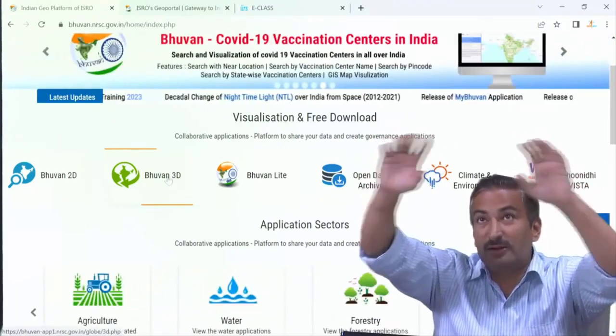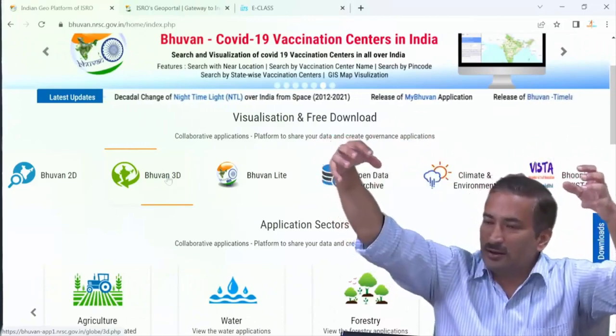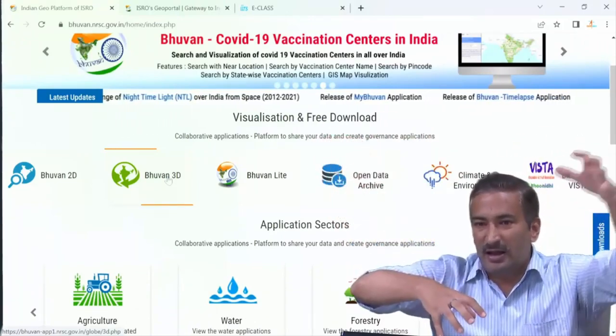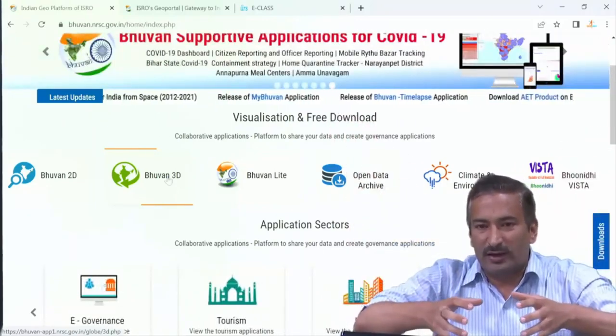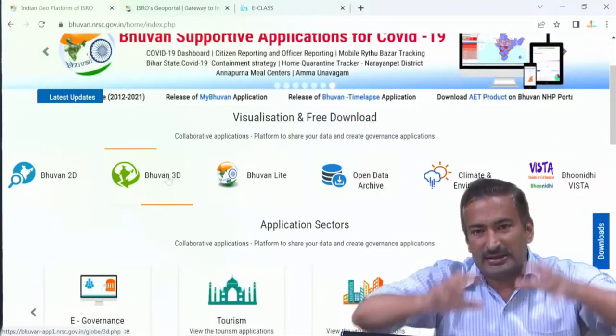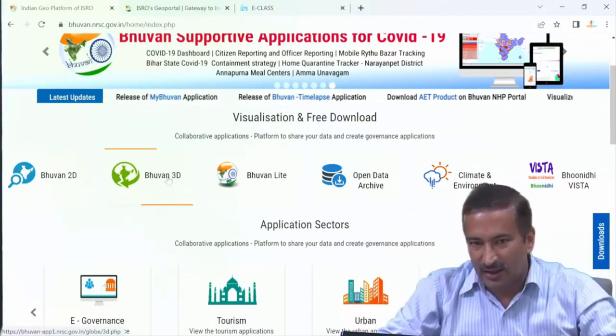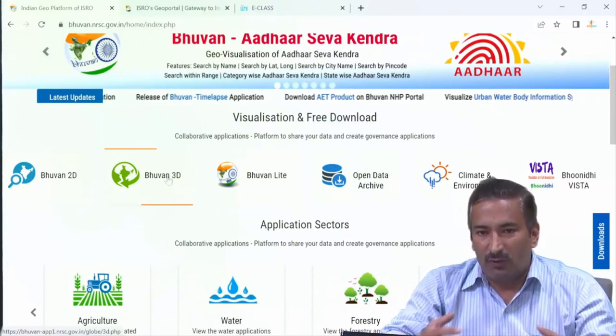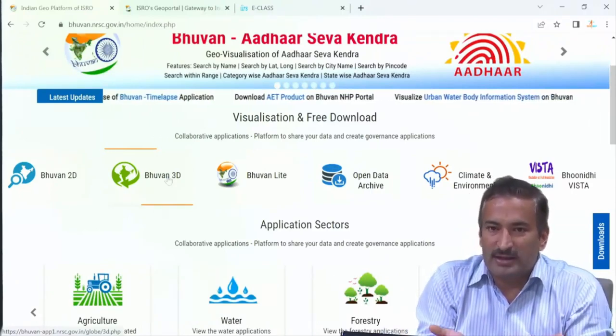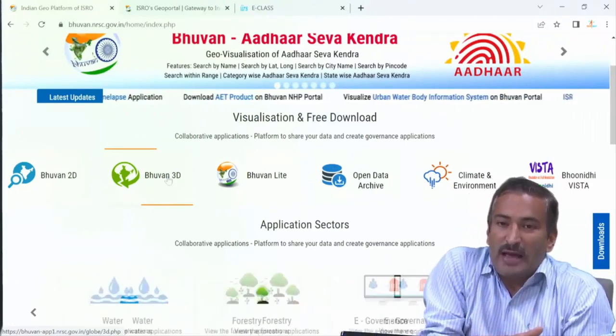We had one satellite looking at the surface of the earth from this angle, and another one looking from that angle. So from two different angles they are looking, and we are getting two images of the entire area simultaneously, wherever it is rotating around the surface of the earth. Once I have those two images, they are called the overlapping images.